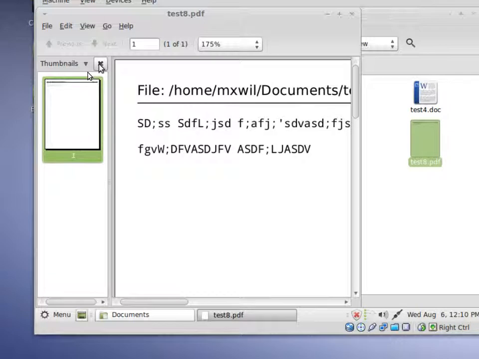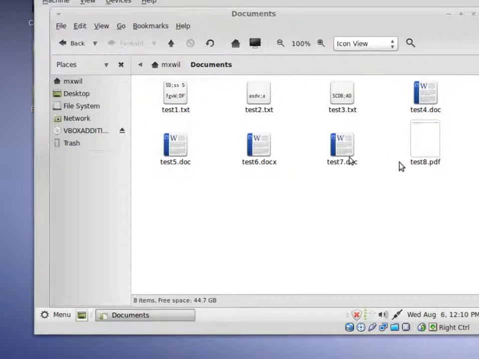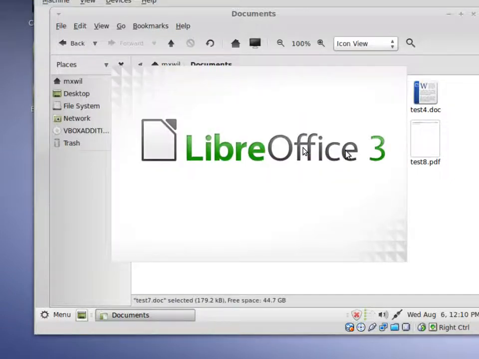And you can close this window, the thumbnails window, if you like. That's one way of creating it. That's the same way you would create it with your document folder. You can open up your document. Well, I say it's the same way. It's a little different. But if you open up your document folder, your document file,